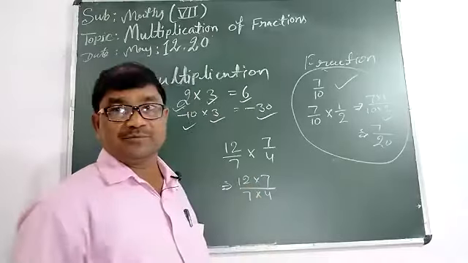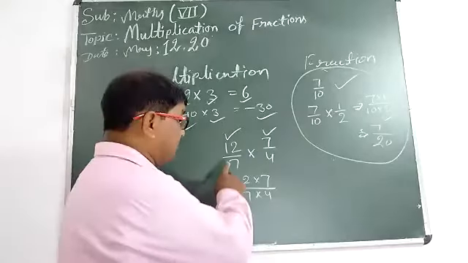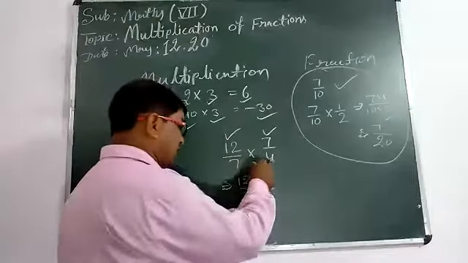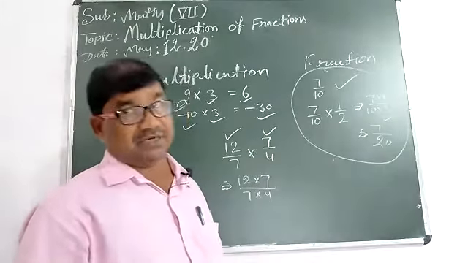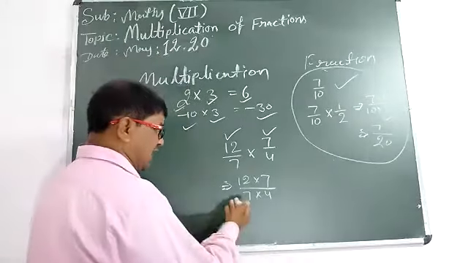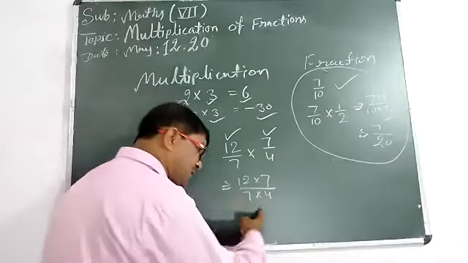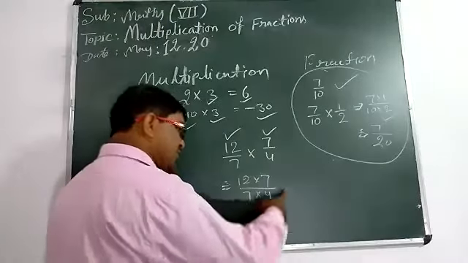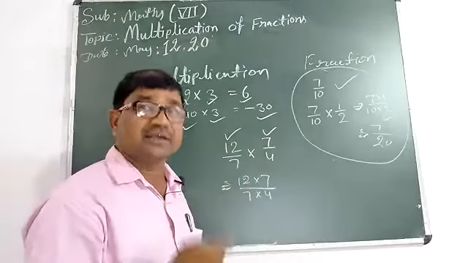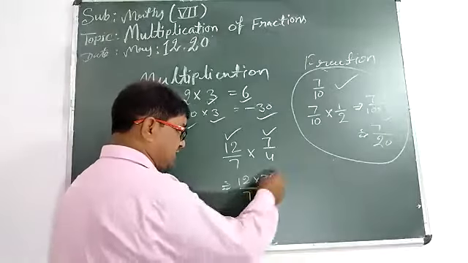कॉमन डिवाइजर. Take these two are fractions and we are multiplying these two. So one is the multiplicand, another is the multiplier. After multiplying we get the result, that will be the product. So after writing in this way, take my finger, we should select the common divisor, the number which can divide numerator and denominator. That is the common divisor. So 7 is the common divisor here.